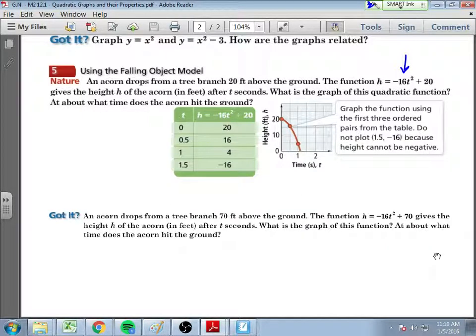You could just make h 0 and then you just solve the equation. So if we make h of t 0, then we could subtract 20 from both sides. We'd get negative 16 t squared equals negative 20. We can do the division, and we actually get